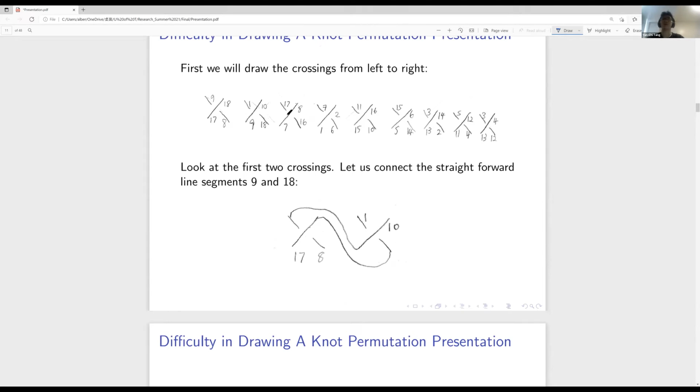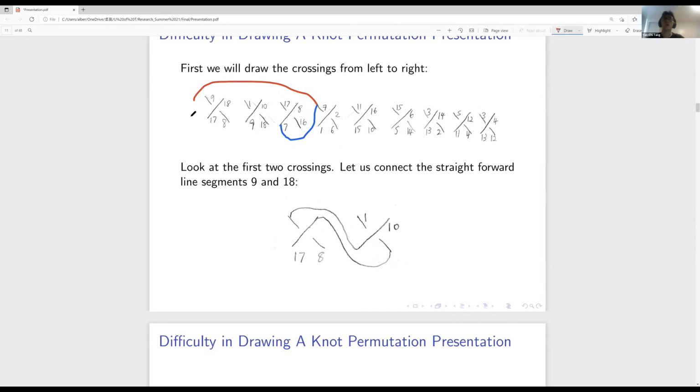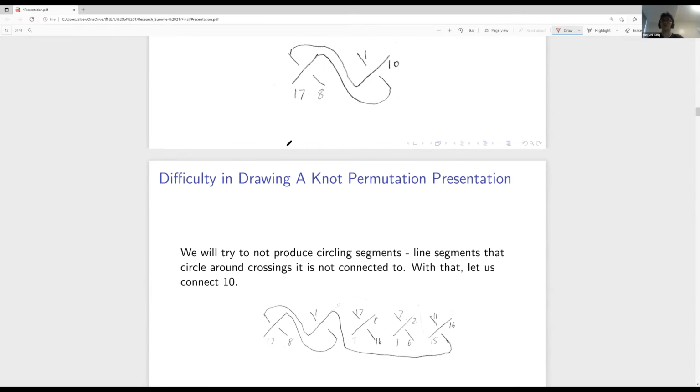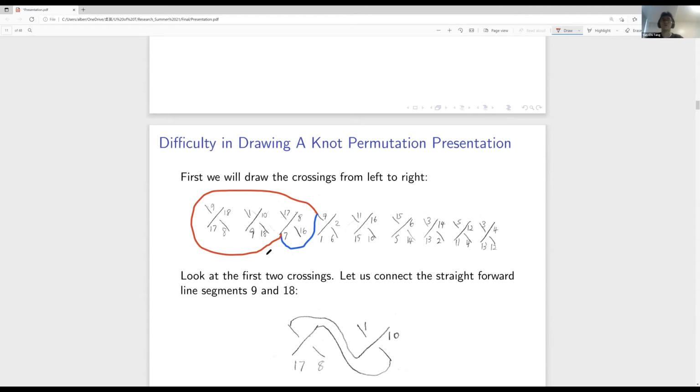What I mean is, for example, if I want to complete segment 7, I want to do something like this, for instance, but not something like this, where the line segment ends up circling around crossings that a segment is not connected to. For the rest of this talk, I'm going to refer to those as circling crossings, just as a definitional standpoint. So with that, we want to try and avoid it because every time we have to do that, the process